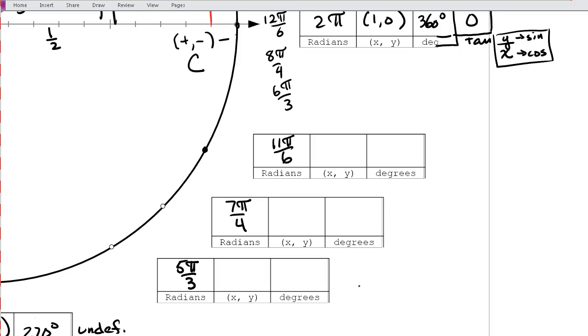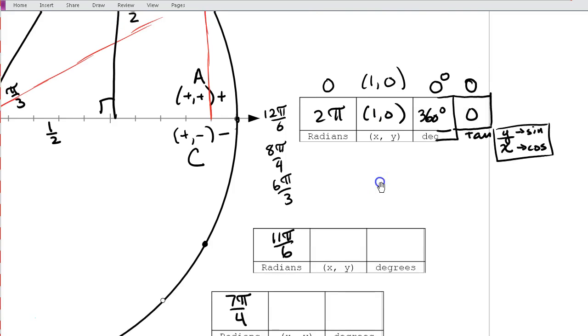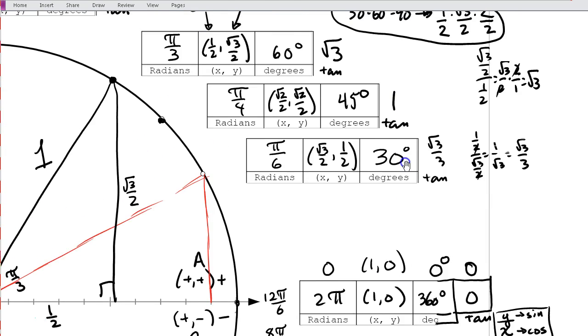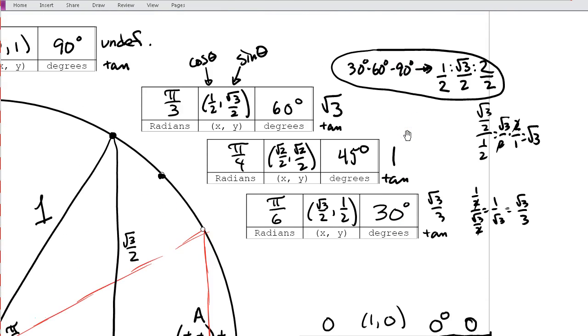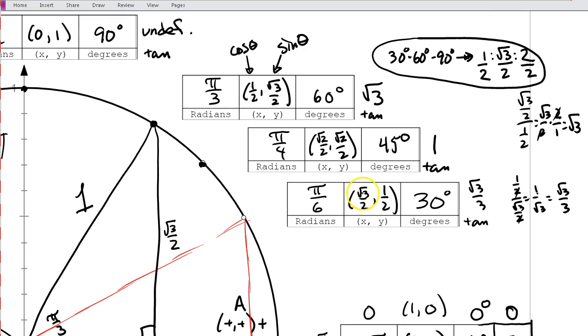Now, here's where I mentioned you really only need to figure out the first quadrant. So in the first quadrant, I see that pi over 6 is root 3 over 2 and 1/2. Any angle that's a multiple of pi over 6 has to have the same coordinates and the same tangent. The only difference is going to be whether it's positive or it's negative. So we'll do one together. Let's just do 5 pi over 6. I know that its coordinates have to be root 3 over 2, 1/2, and its tangent has to be root 3 over 3,